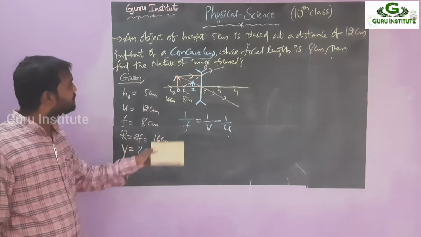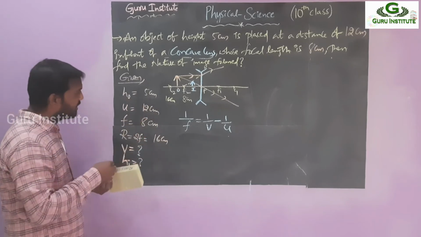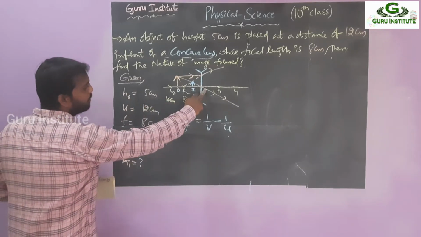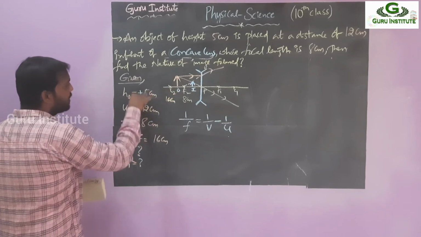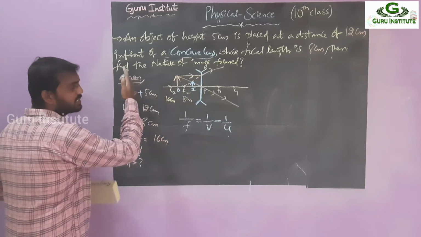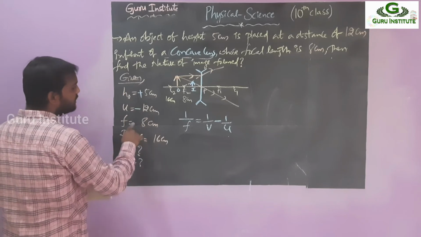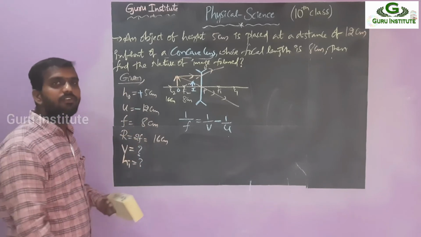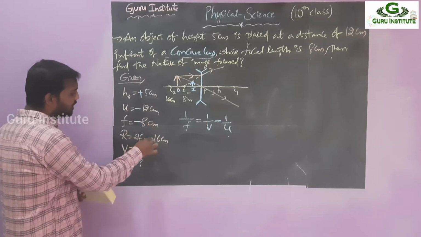Okay. Before going to that, next, first we have to apply the sign convention. PO. What is that? First of all, the object. The object is above the principal axis, so this should be positive. Object above the principal axis, positive. Next, U. PO. Rays are going like this, PO is like this, opposite direction. That's why negative. Next, F. Simple logic. For F, this is a virtual image, right? So you can take F as negative. F is negative, or R also negative.